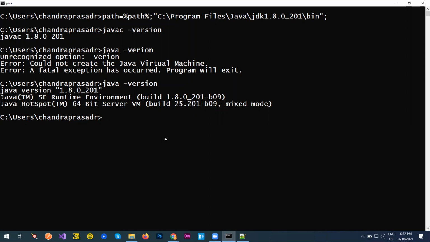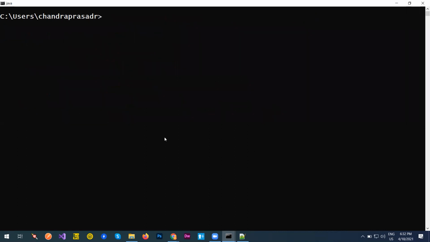Compilation can be done on the lower version, but interpretation can be done on the same version or the next version of it.